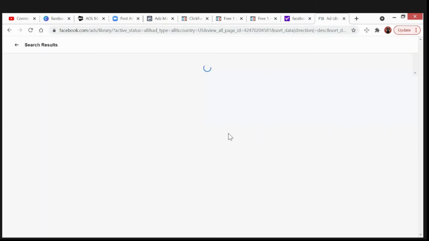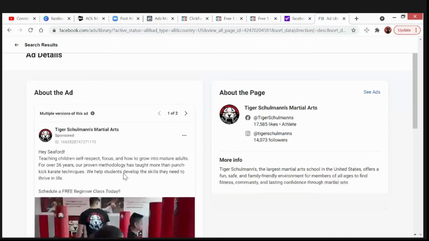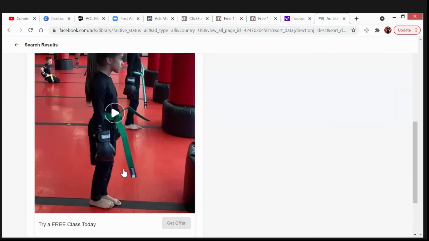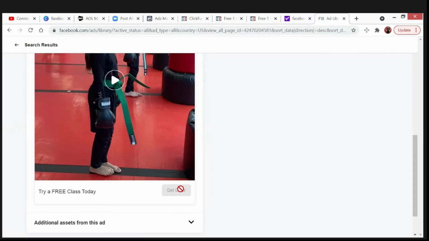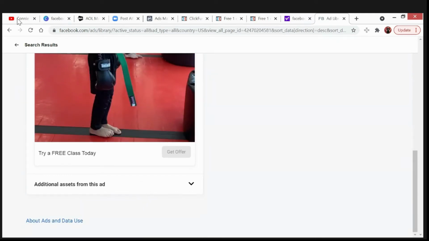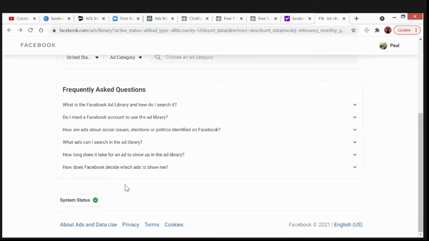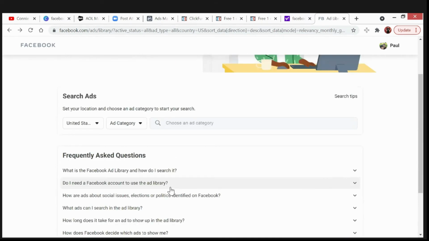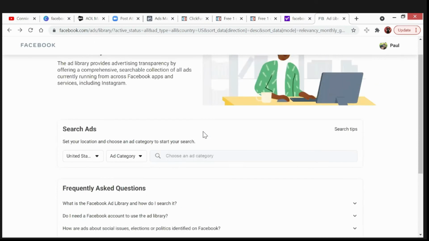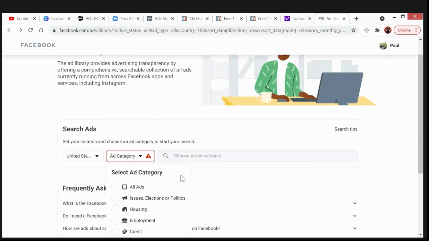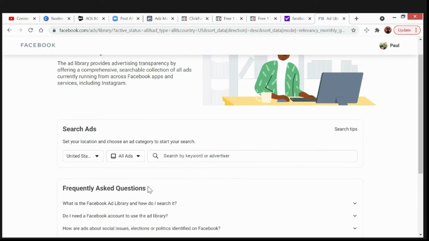You can also see ad details. You can look at the video, and sometimes, if it's a traffic ad, you can even go to the landing page that they use. A lot of times, yeah, I've done that before. So that's the Facebook Ad Library. Just type it in Google, and then select all ads, United States,